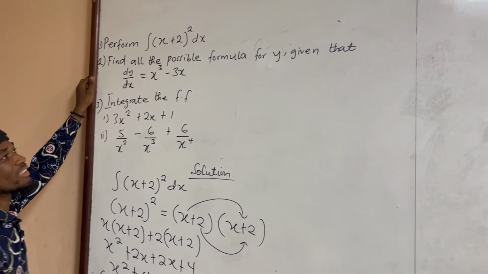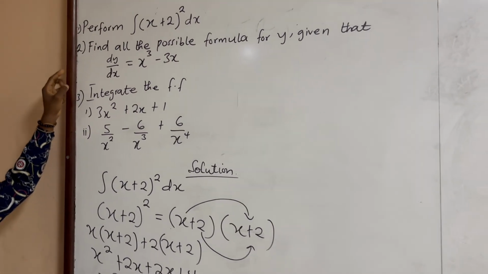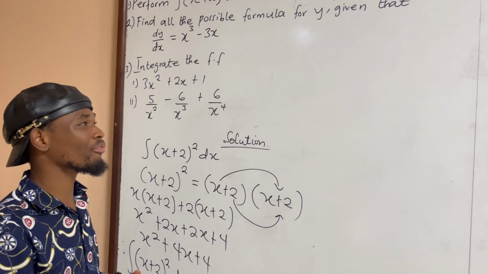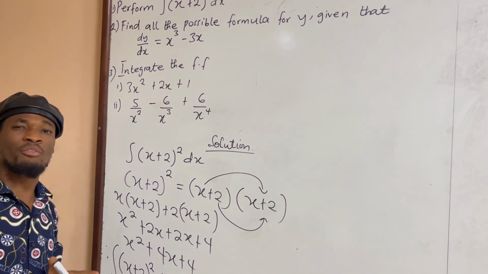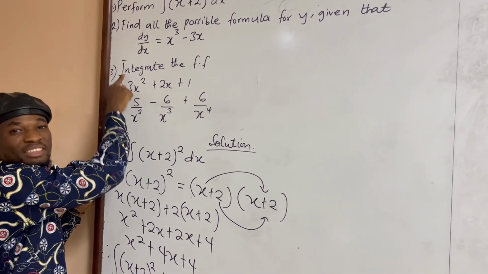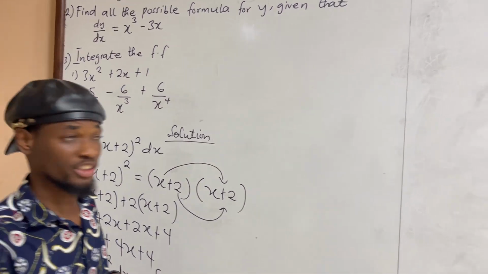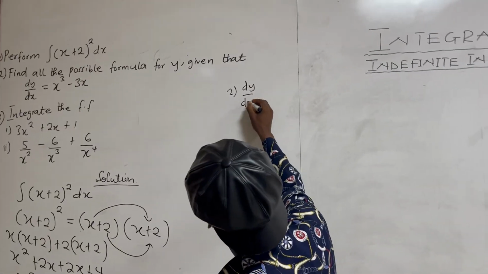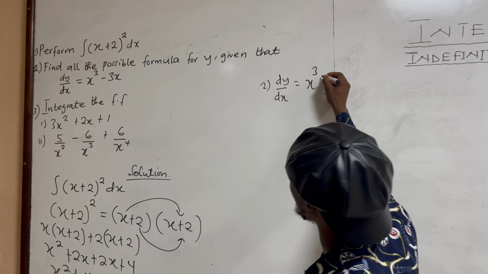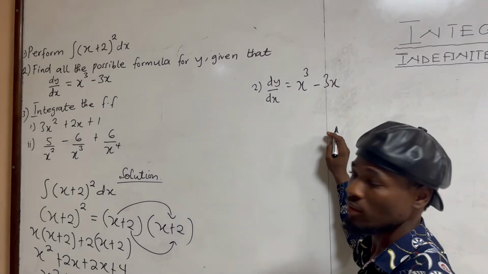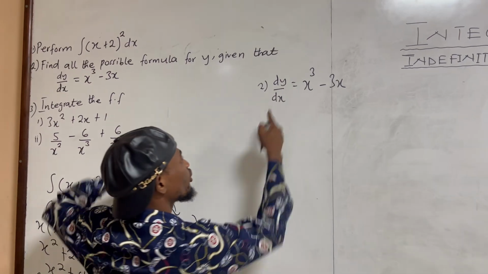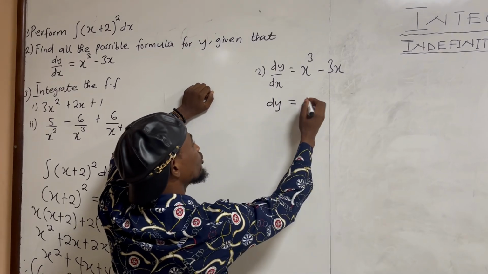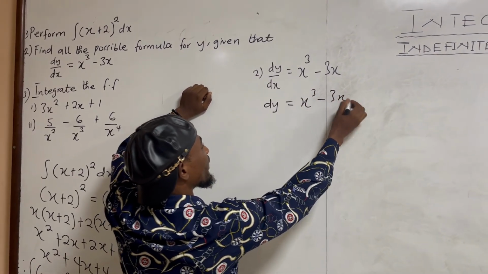find all the possible formulas for y, given that dy dx is equal to x cubed minus 3x. I told you that the process of finding a function, say y is equal to f of x, given its derivative, is known as integration. So for question number 2, we are given dy over dx is equal to x cubed minus 3x. We are looking for y. We know that dy is equal to x cubed minus 3x